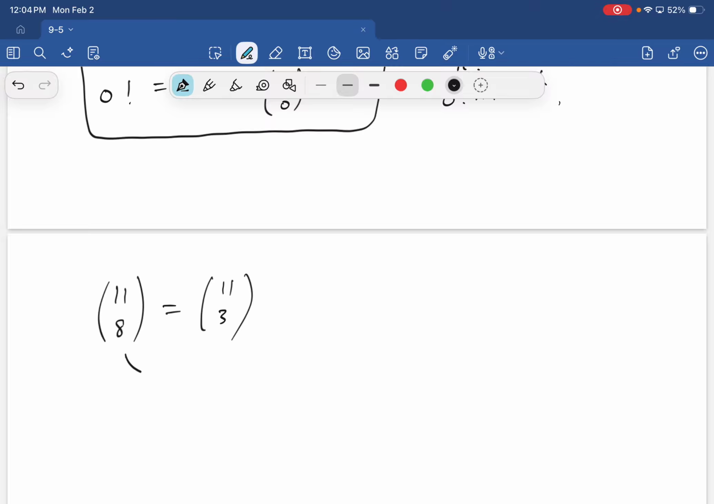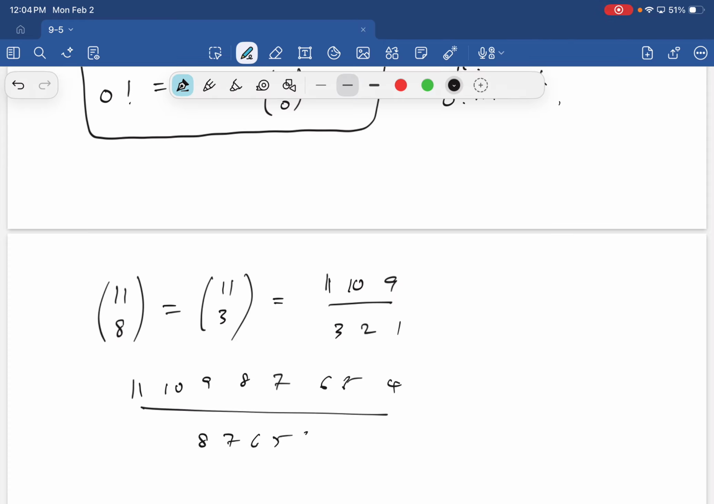Okay, so here's the binomial theorem. It basically tells us how we can expand x plus y to the nth power without having to multiply it n times, which would be very annoying, wouldn't it? So binomial theorem tells us that this is equal to n choose 0 times x to the n y to the 0, plus n choose 1 x to the n minus 1 y to the 1, plus n choose 2 x to the n minus 2 y to the 2,